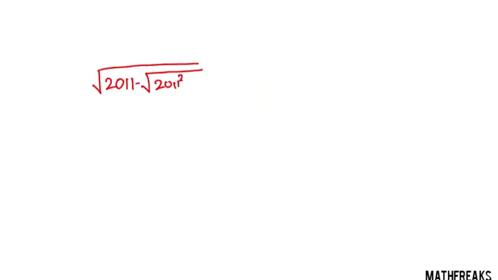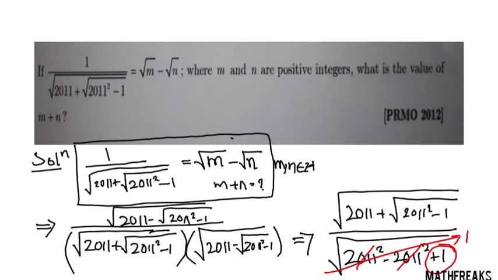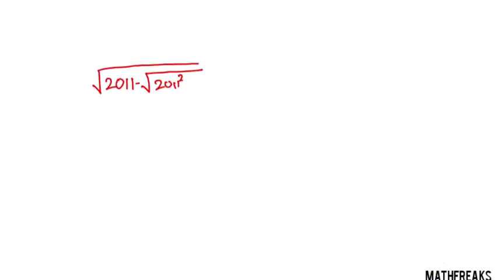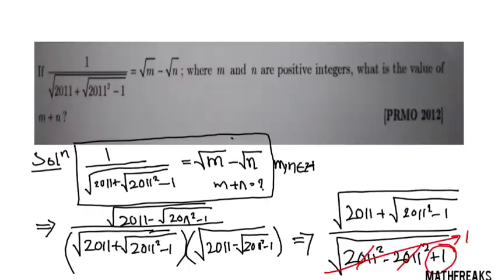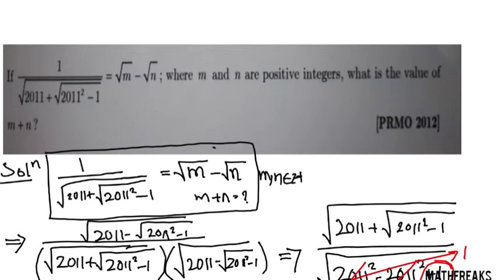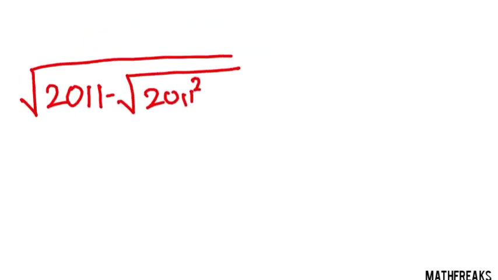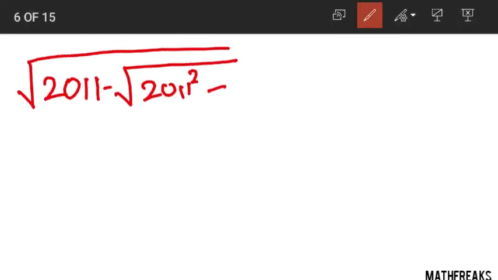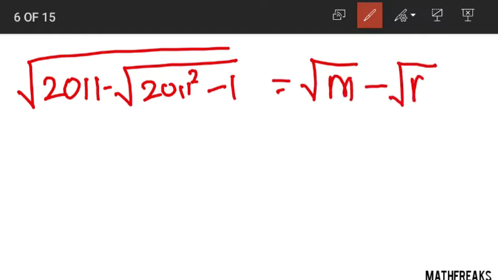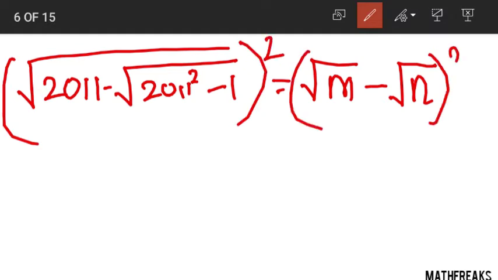This is 2011 minus 1, 2011 minus 1, and this was equal to root of m minus root of n, right? Now if you square it,